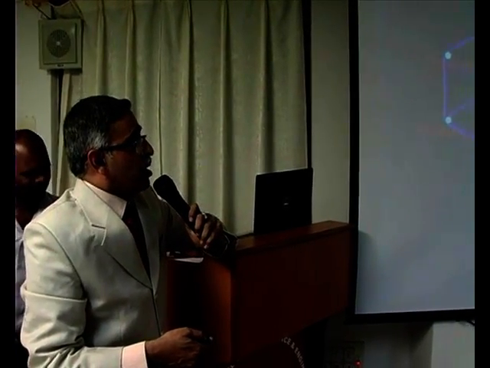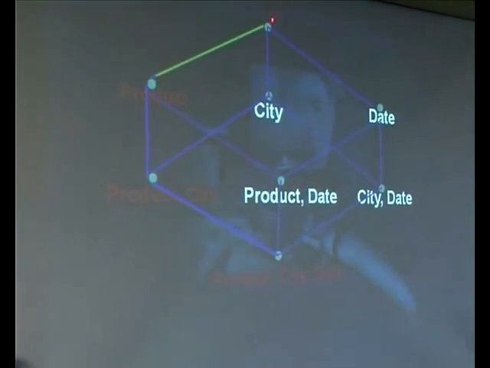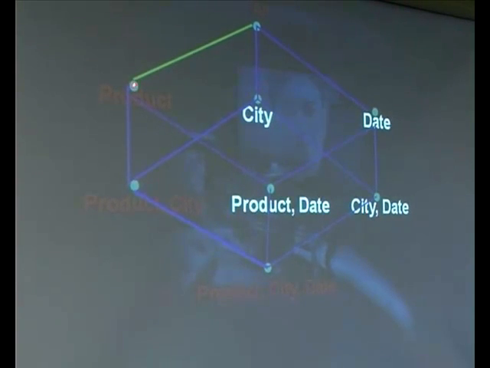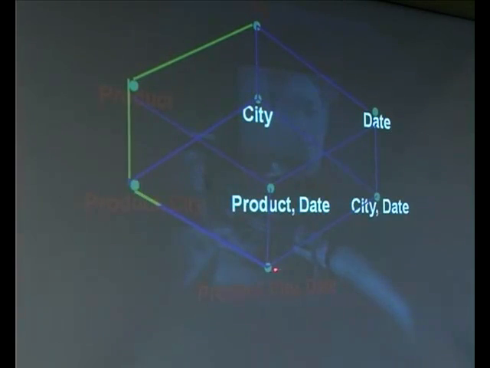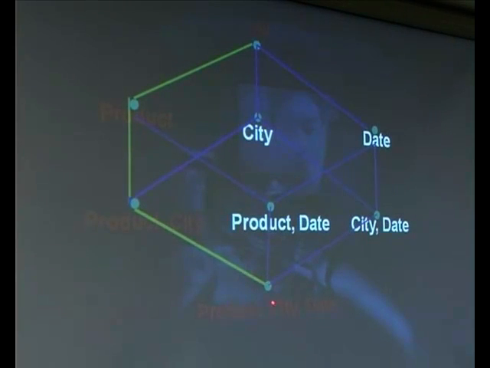there is another operator called drill down, which is a reverse of roll up. You are moving from top level to the next lower level, then from this level to the next lower level, namely product city combinations of aggregations, and then from this to the lowest level, namely product city rate combination. And you cannot go down because this is the lowest set of values that you are having in your structure. Suppose if you have further details, then you can go down. So this is the drill down.